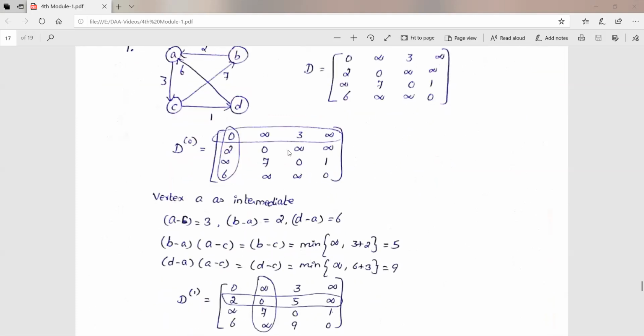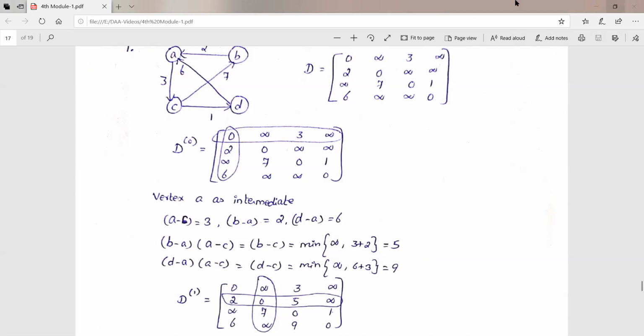Okay, so first we have to consider the first vertex as an intermediate vertex. So don't take the vertex randomly as an intermediate vertex. We have to go in the sequence of decisions. Dynamic programming is nothing but the sequence of decisions. Sequence of decisions means we have to start from the beginning. Okay, so each and every stage we have to complete and take the decisions.